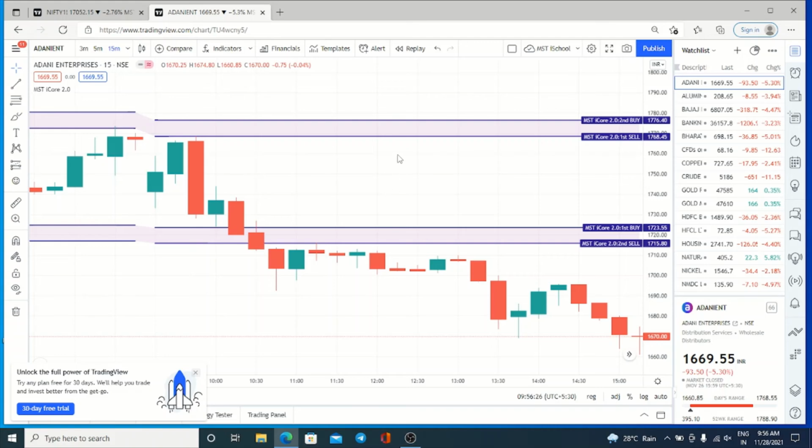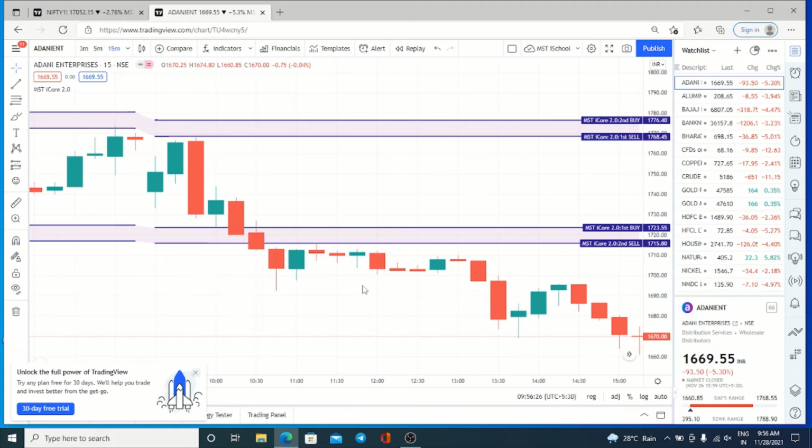For everything we have given a self-explanatory section here. Just click your mouse on this I button. It will show you what you have to use this for. Okay, for everything we have given the option. And here we have added one more point and this is called the MST central pivot point.